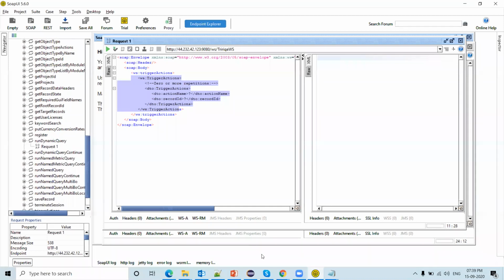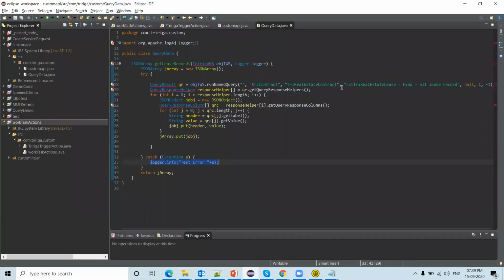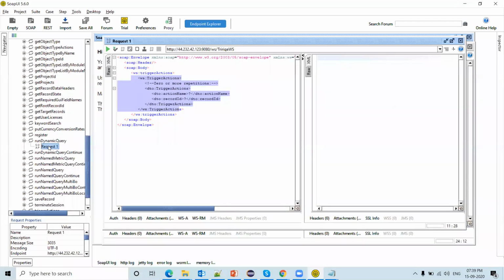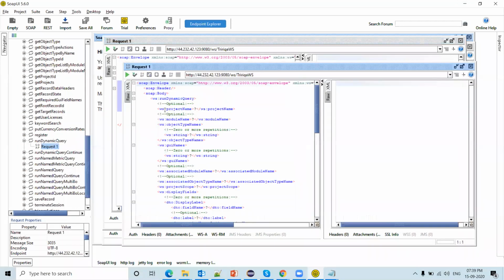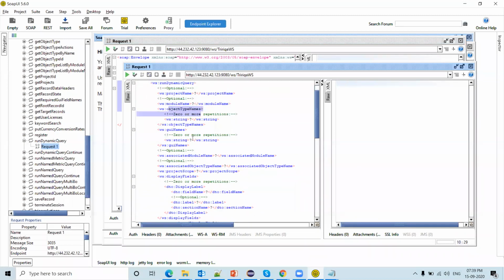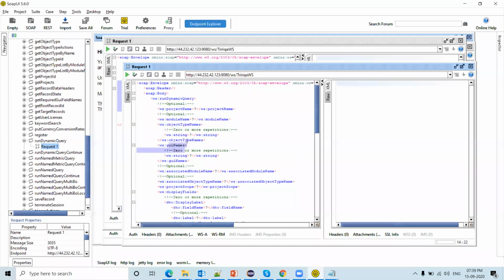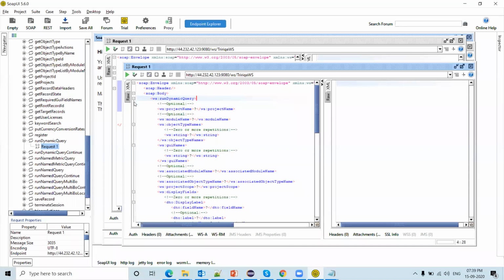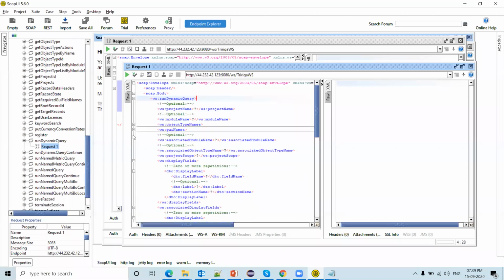We have passed the query name to this Java code. If we don't have this query created in Tririga, we have another method, run dynamic query, so we can pass the parameters directly without any Tririga query. We can pass the project name, module name, then the business object and form name. We have this minimizer option to see which attribute.